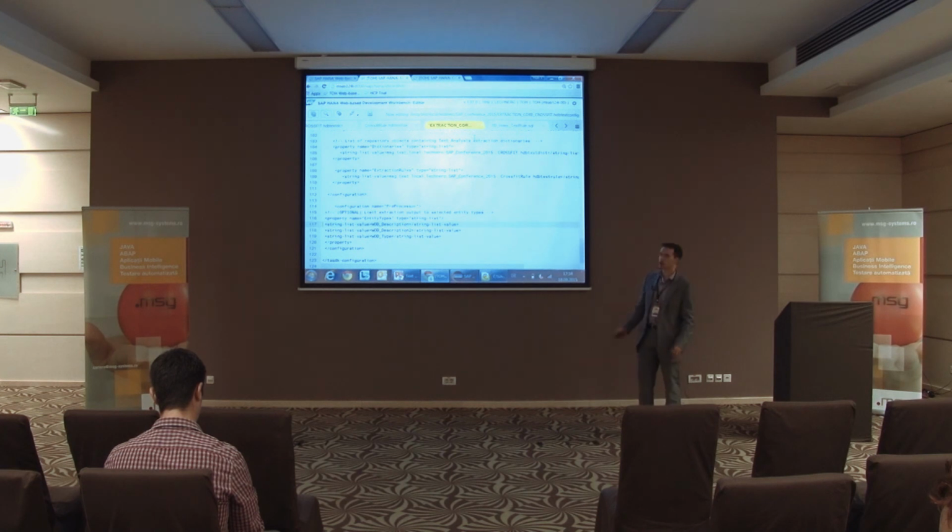And this configuration part is called the preprocessor. I don't know if anybody of you already worked with SAP HANA. This has nothing to do with the preprocessor within HANA. All text analysis is done within the preprocessor. This is the preprocessing of the text analysis within the preprocessor, for those of you who have more detailed knowledge about SAP HANA. So let's save that and let's see if it works.